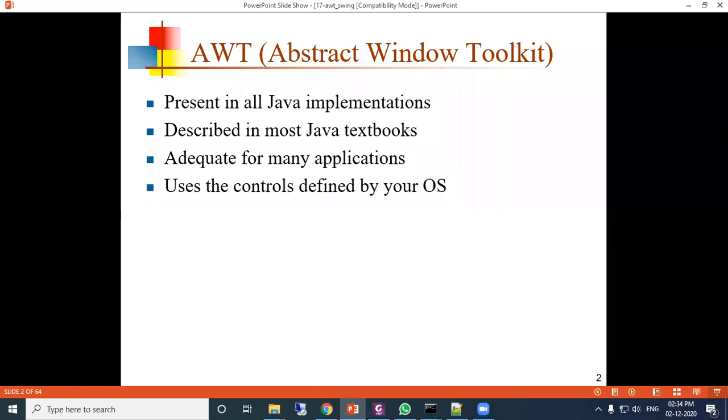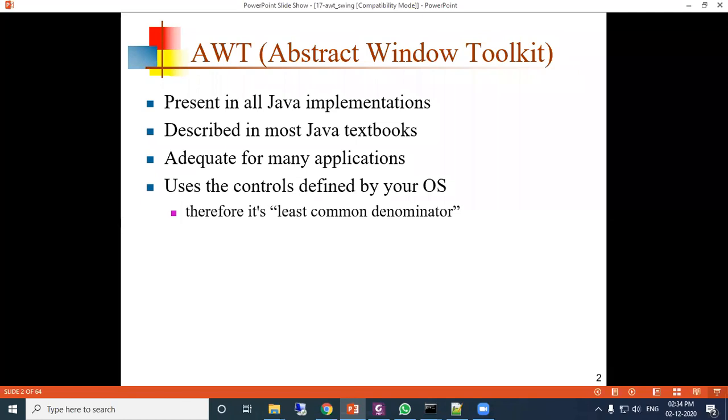It uses the controls defined by the operating system. Controls means the command button, option button. These are the controls defined by the operating system, and we can use them in the application.